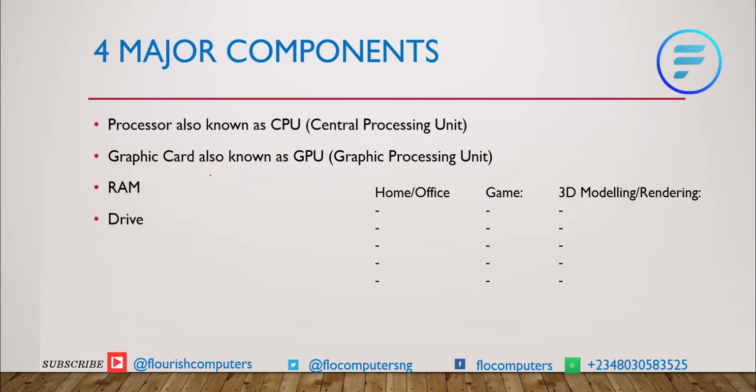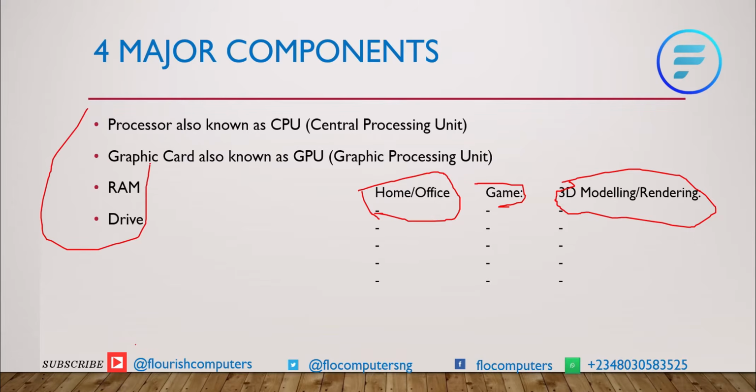So depending on what you are going to use it for, should the processor be the first priority, or the graphic card, or the RAM, or the drive? Then we are going to talk about that now based on the usage. Like I said, whether it's going to be for home use, for gaming, or for 3D modeling or rendering. Whichever purpose you are buying the laptop for, which component should come first among these four components? That is exactly what we are going to be looking at